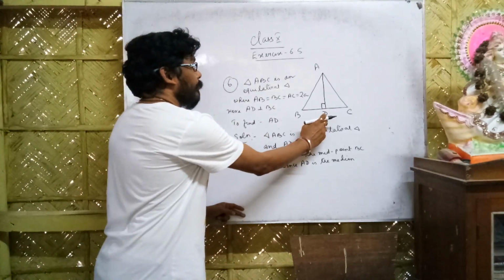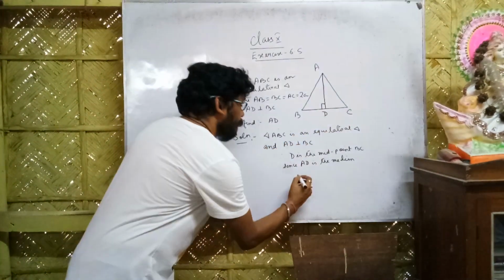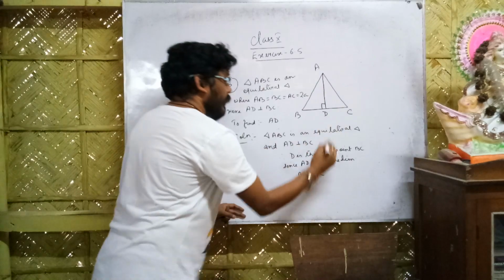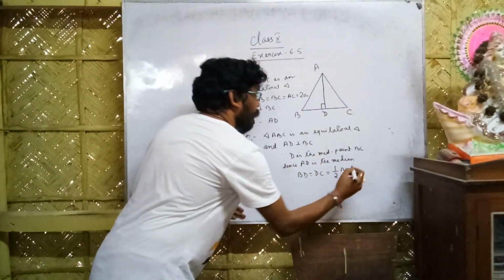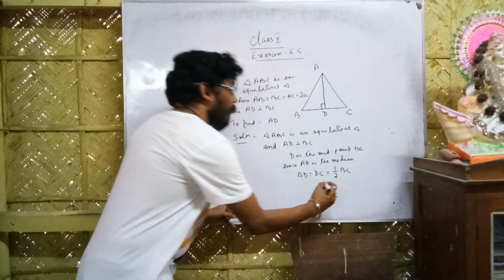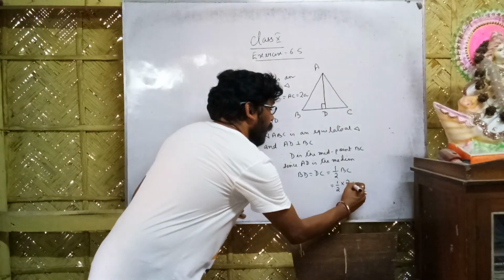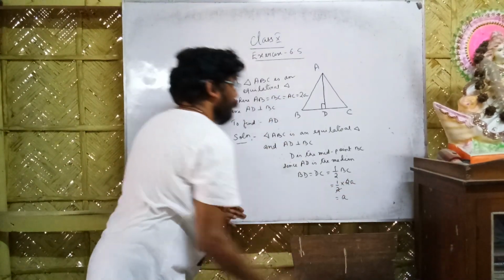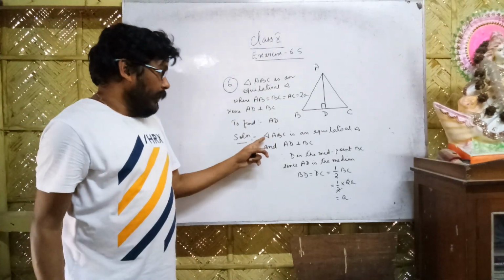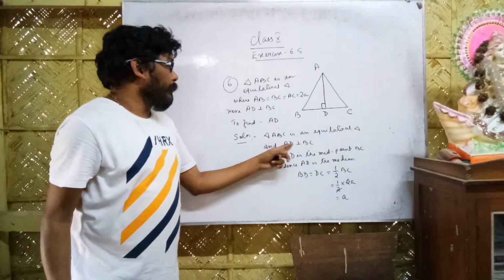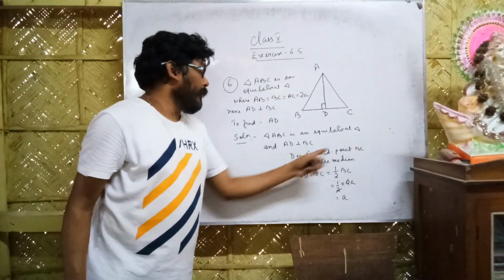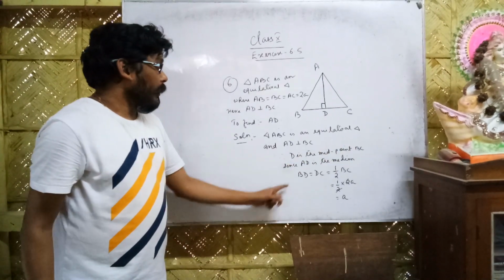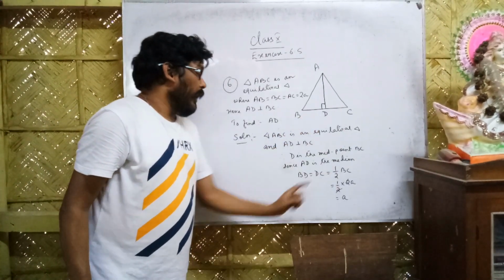So if D is the midpoint, then you can write BD equal to DC, because D is the midpoint, and each of them is half of BC. What is the length of BC? The length of BC is 2A. It is given here. So the 2 will cancel, and here it is A. So I repeat again, triangle ABC is an equilateral triangle and AD perpendicular BC. Therefore D is the midpoint of BC since AD is the median. So BD equal to DC, half of this one.